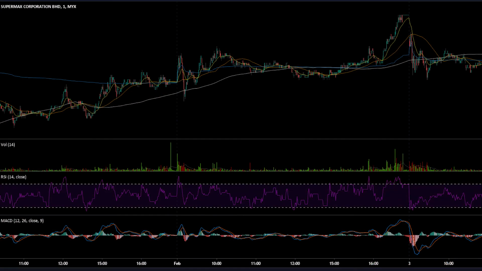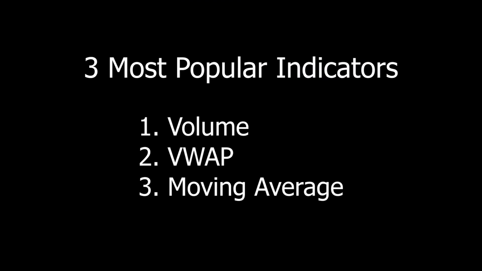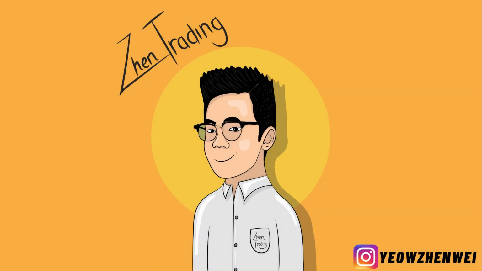You've seen charts with squiggly lines, colorful lines, and you don't know what they mean. So today, I'm going to go through 3 of the most popular indicators. I'm going to cover volume, VWAP, and moving averages. I'll share with you how most people will use it, and more importantly, how I use it to trade the